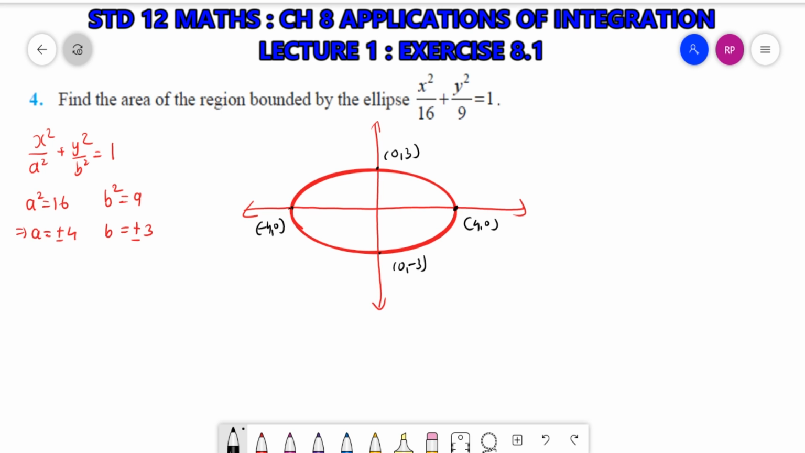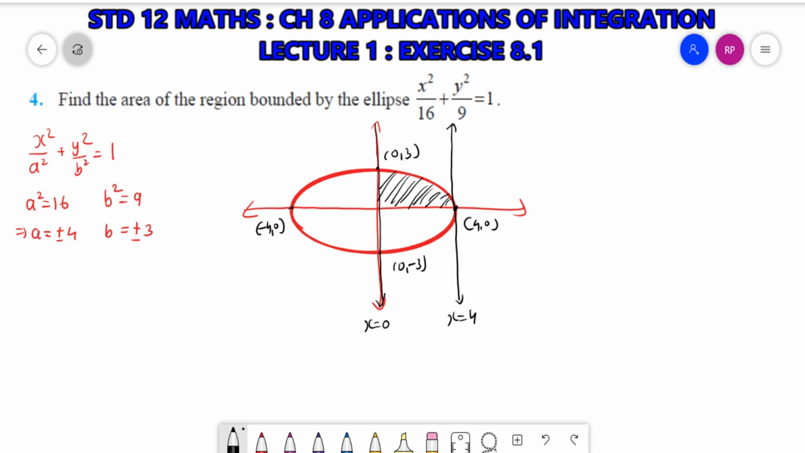Means if we find out this area only of the first quadrant, then we can multiply it by 4, we will get the total area enclosed inside the ellipse. Okay, so what we can do, we can take these two lines. Okay, this line, that is x is equal to 0, and this line, that is x is equal to 4. So we will find out the area of this curve and x-axis between the line x equal to 0 and x equal to 4. So we will get the area of the shaded region,